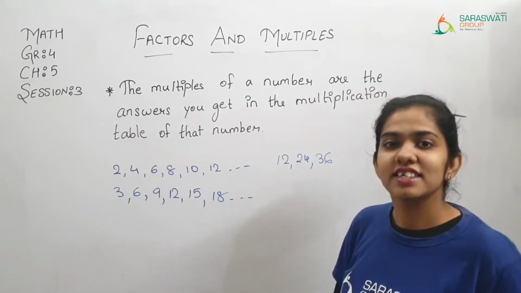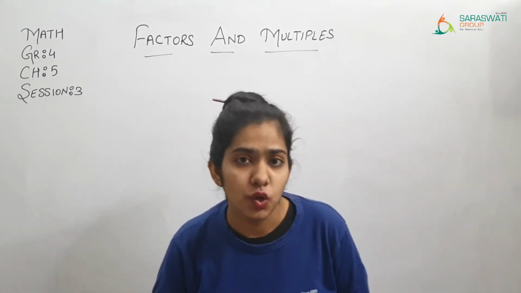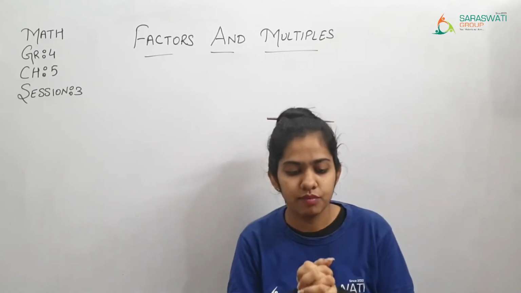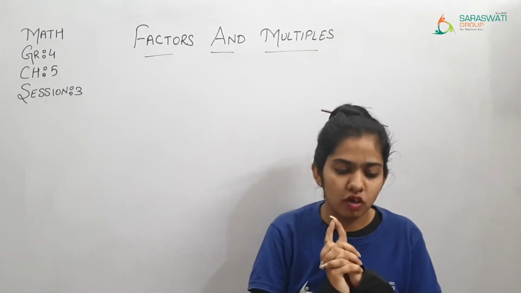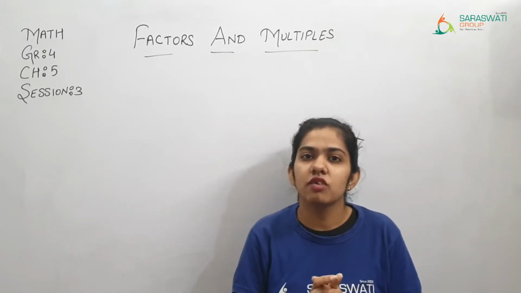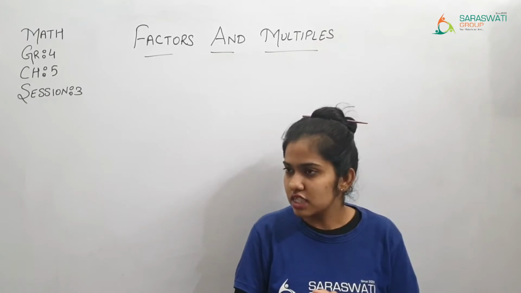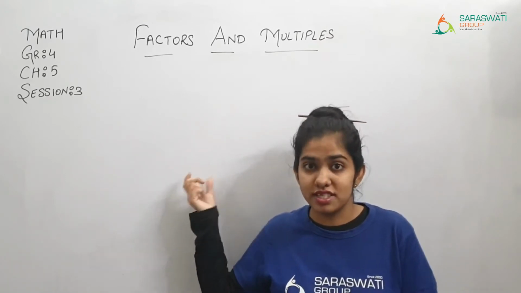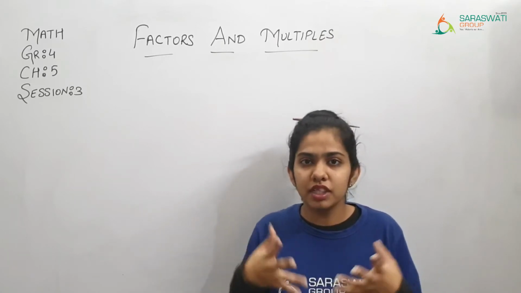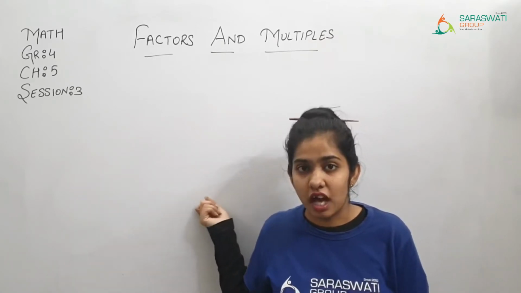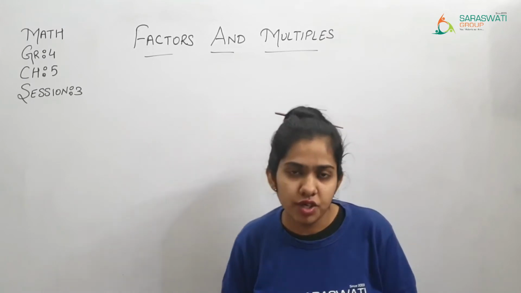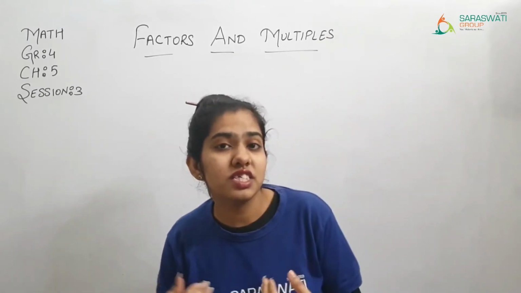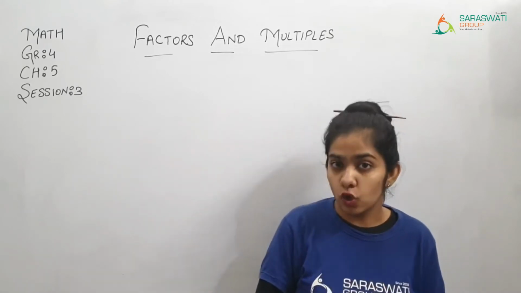So let's get started. Okay, so there are some points which you need to keep in your mind, such as factors only, that every number is a multiple of 1. કે બધા નંબર્સ છે એ 1 ના તો મલ્ટીપલ્સ છે જ. As we know કે બધા નંબર્સ જે સ્ટાર્ટ થાય 1 થી જ થાય ને. 12 ones are 12, તો એ 1 નું તો મલ્ટીપલ થયો જ. 1 12s are 12, right? So every number is a multiple of 1, then every number is a multiple of itself. એ પોતાનો તો મલ્ટીપલ હોય જ.